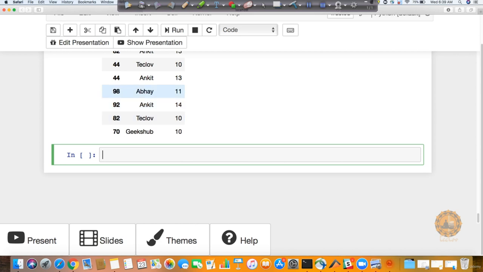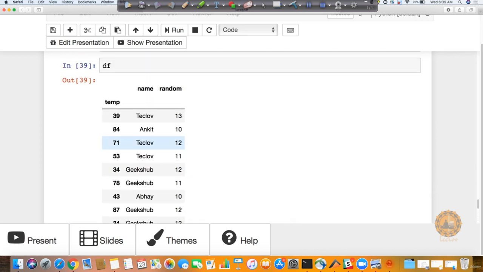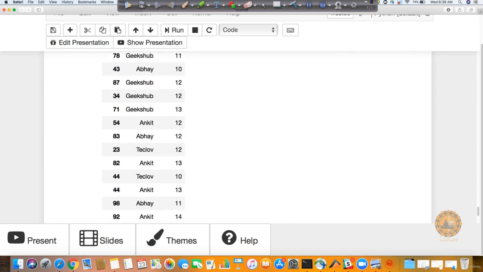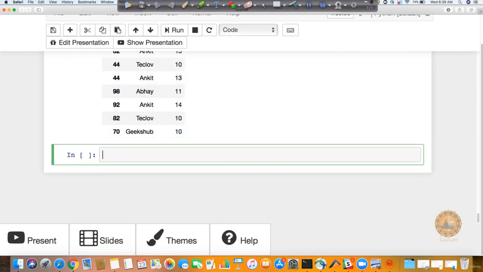Now with respect to this index, I want to sort it and see the values, because currently if you look at it, it's in a random order. First 39 is coming, then 84 is coming. But now I want to get it in descending order. So how can we do it? There's again a function for you, df.sort_index, and I can pass, let's say, axis equal to 0, ascending equal to false.